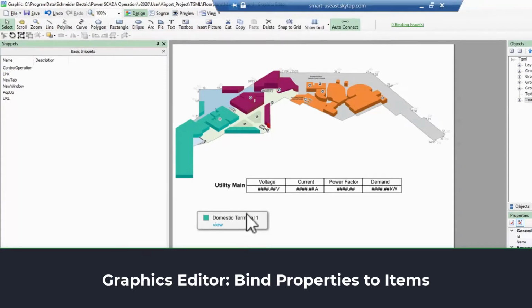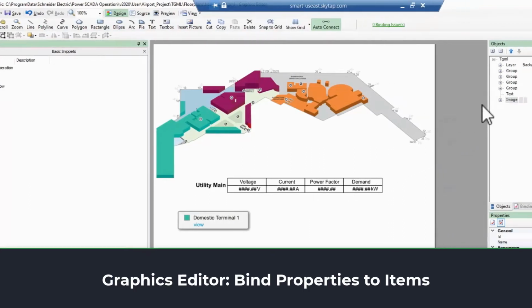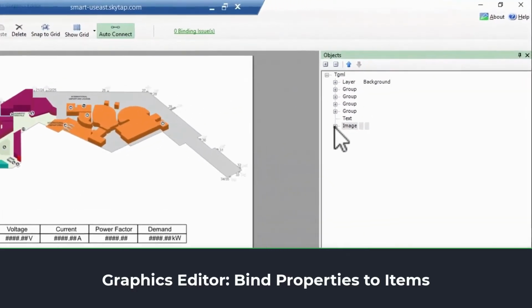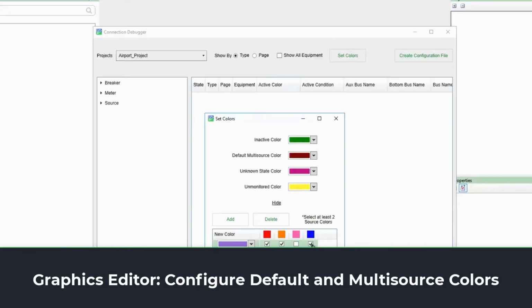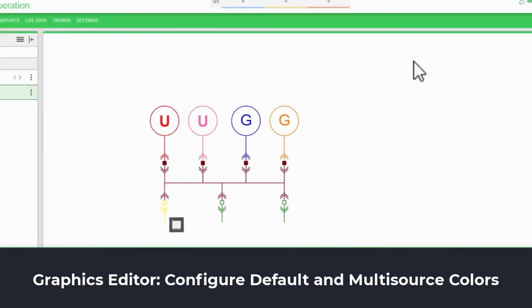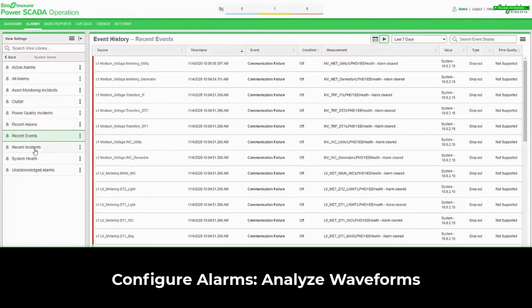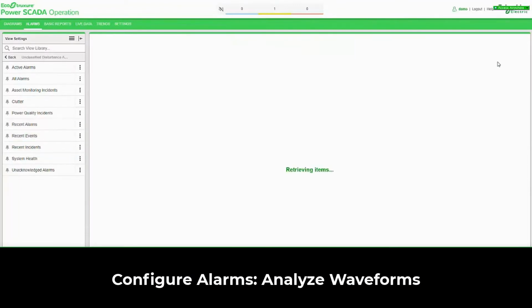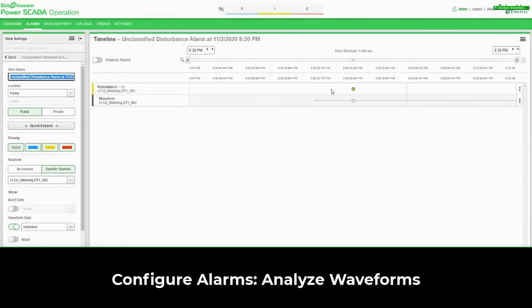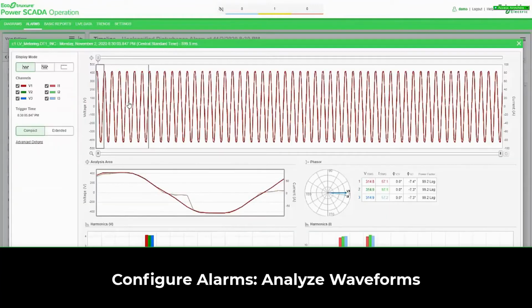Of course, we can drop simple images and values on the pages, but we can go a step further. The advanced one-line engine can monitor our entire network at once and display the energized state of our buses. We'll see how to configure this. At this point, we'll jump back a bit and look closer at a couple of different types of data being read from our devices: alarms and trends.